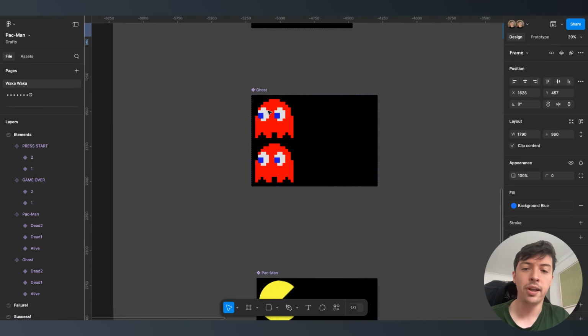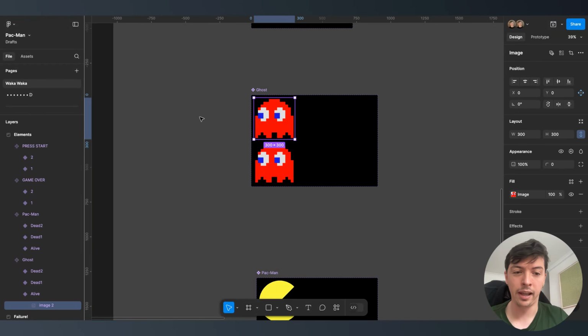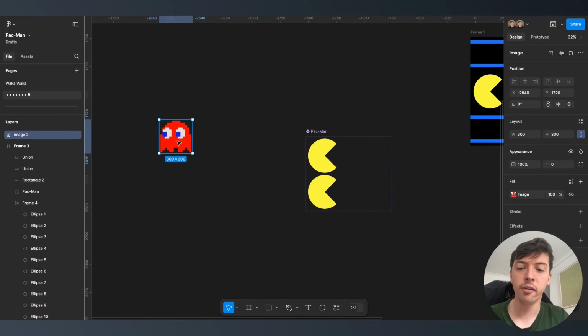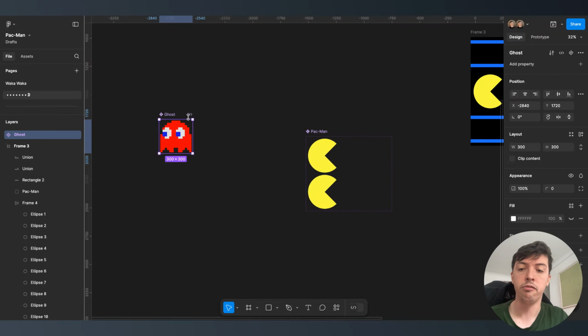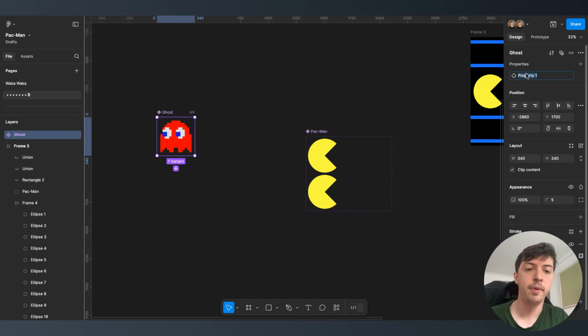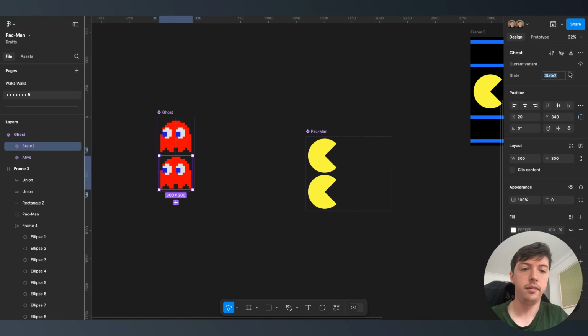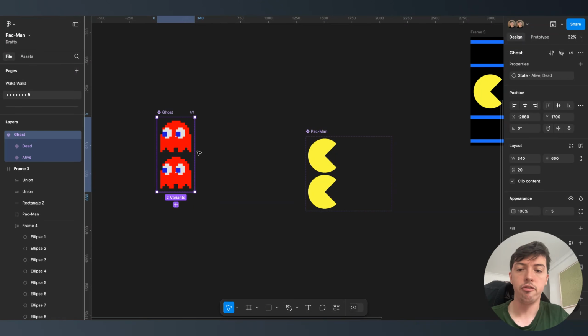Now I didn't bother actually creating this ghost in Figma. I was a bit lazy and I just grabbed a PNG from online, and I think it does the same thing. So I'm going to paste in the PNG here. So essentially what we want is we want the ghost to have pretty much the same behaviors as Pac-Man here. So what I'm going to do is rename it ghost, create a component from it, and then same as we did for Pac-Man, I'm going to set up state here, alive, yep, and then dead, again dragging this out,